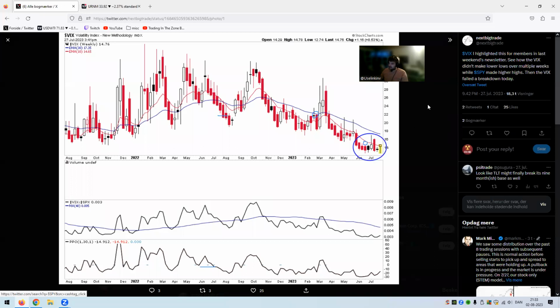This is the next big trade, the VIX. Just to show you, the VIX is the volatility index. And we are right now at the lows for the past 2 years. And we have a big hammer candle today. The stock market is also down big time today. And we're getting increased volatility, which is often where you see big turns in the market, where you have this